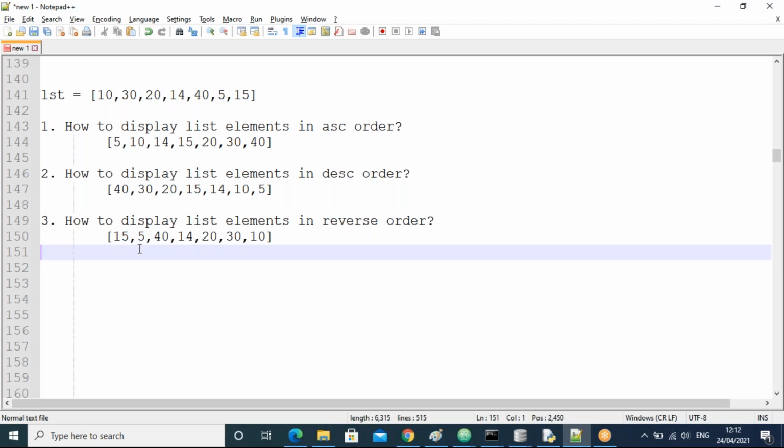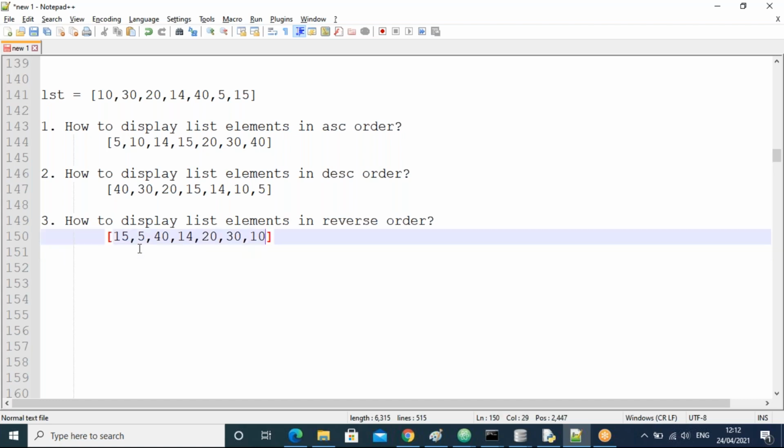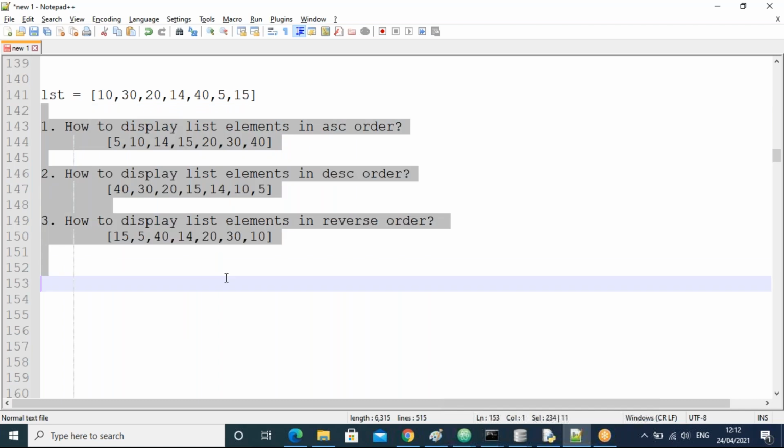Now all of you will try these questions. Will you try these questions, all of you? Let me know. Yes, you can try very easily. If anyone has a doubt, we'll see in the next class. But before the next class, you all must try to solve it. This is all about the list.